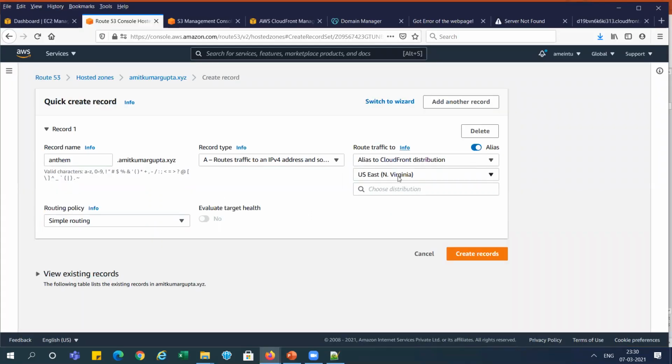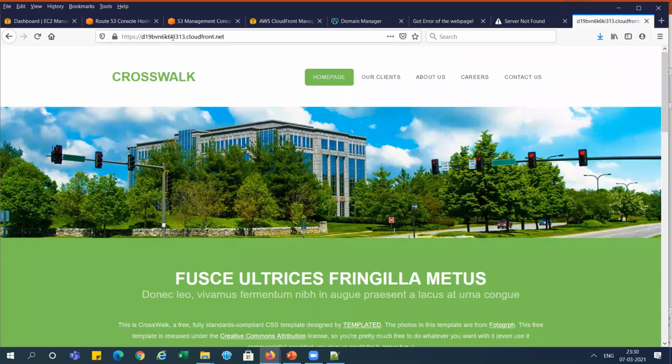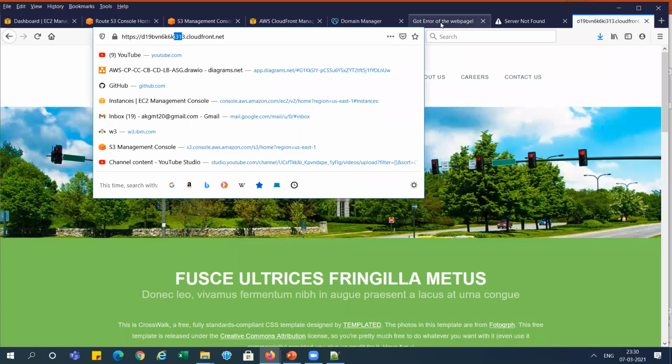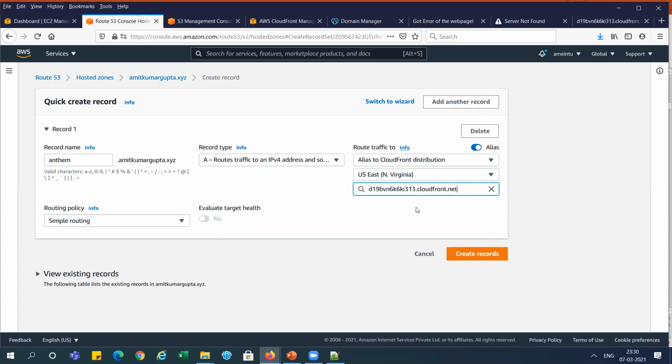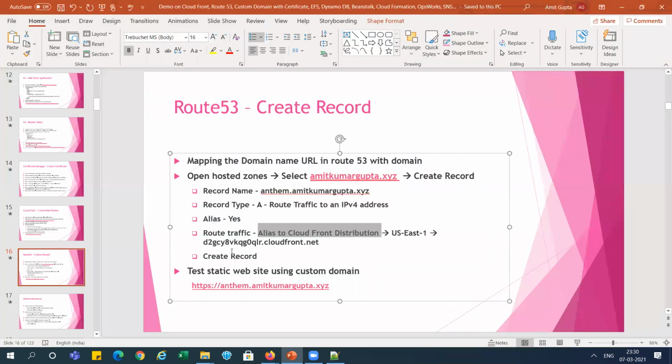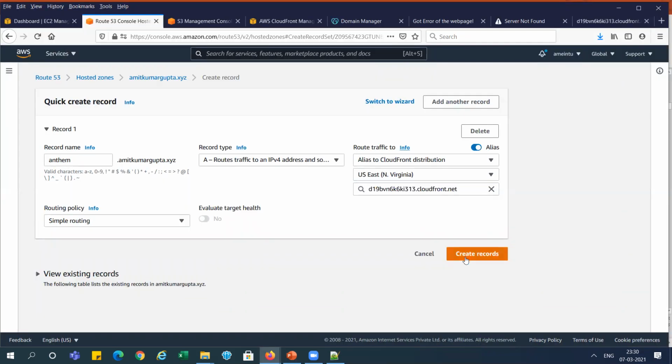Now our region is North Virginia, US East 1, and the distribution we are using is this one, 313, right? You can see our distribution name in the same place, 313. Or you can see in the CloudFront also, 313 is the distribution domain name, right? So the same name we have selected over here, and just create the record set. That's it.